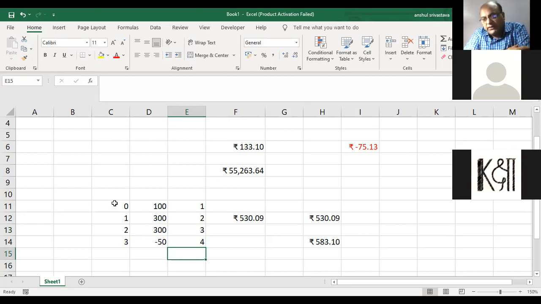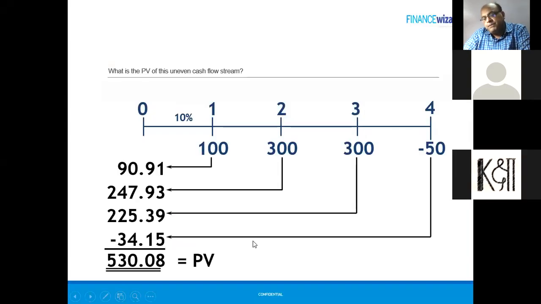So what formulas have we talked about up till now? We have talked about the use of future value, single value, multiple value. We have talked about present value when all the payments are equal, and NPV is used when the payments are not equal, when you are getting a different amount every period.